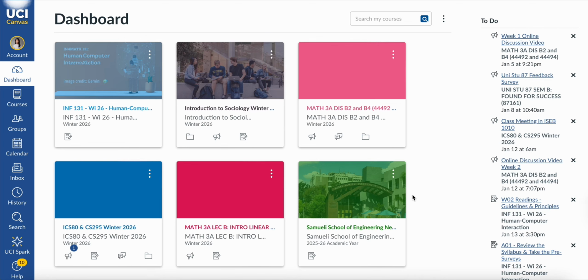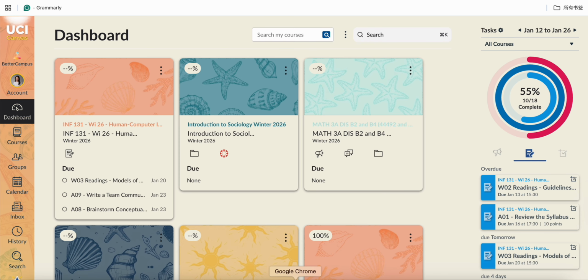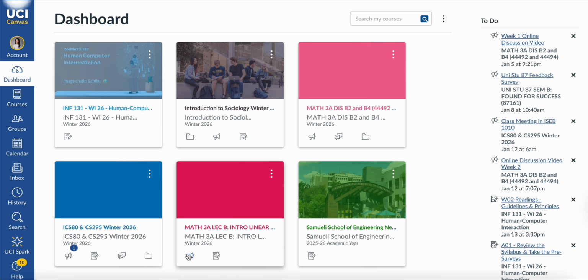Hi, in this video, I'm going to evaluate Canvas as an interactive system. I'll compare the native Canvas with Canvas using a browser extension that modifies the dashboard, called Better Canvas. I will apply 2 usability principles from the 8 golden rules of interface design and 1 accessibility principle from WCAG 2.1. My goal is to explain what these principles mean and show how they are followed or violated through real interactions